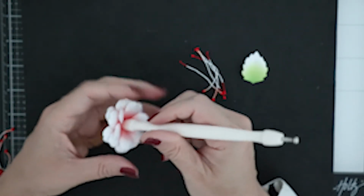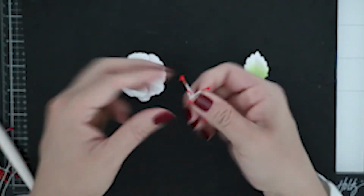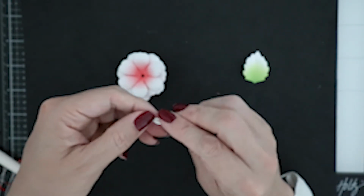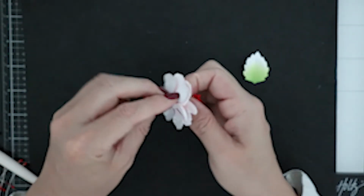Now, normally, once I get that pierced on one side, I take these out and pierce on the other side. But this one has a very good opening in order to insert these stamen. So all you have to do is just fold them in half and then just insert. Now, you want to make sure you get this nice and compact. So I'm just kind of pressing there to make sure that I can get that in properly without too much